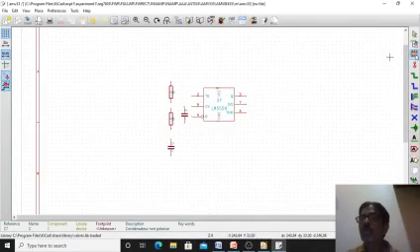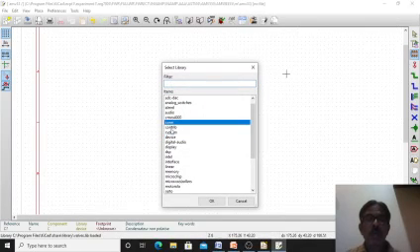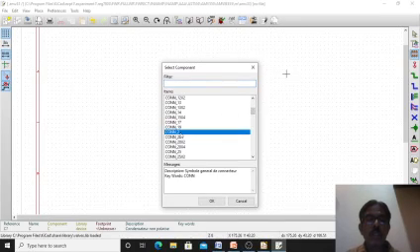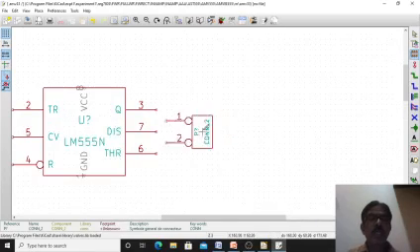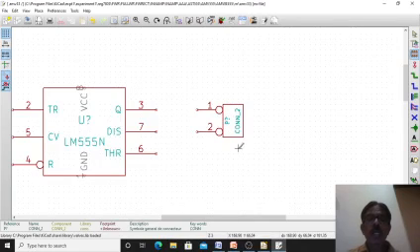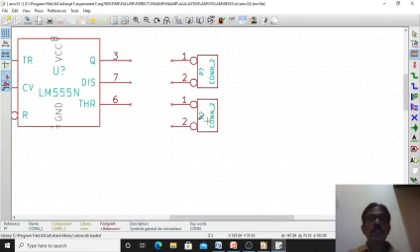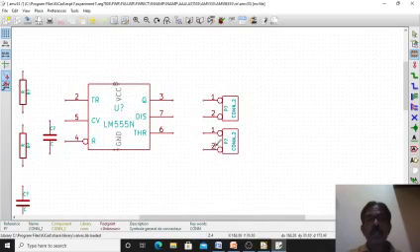So two 2-pin connectors. Again List All, go under the heading CONN. CONN_2 is the 2-pin connector name. You should know this. Connect this near pin number 3, because it is connected at pin number 3. And I require one more 2-pin connector. Copy it and place it near pin number 6. I have placed it near pin number 6. This one is for taking output from pin number 3, and this one for taking output from pin number 2 or 6.